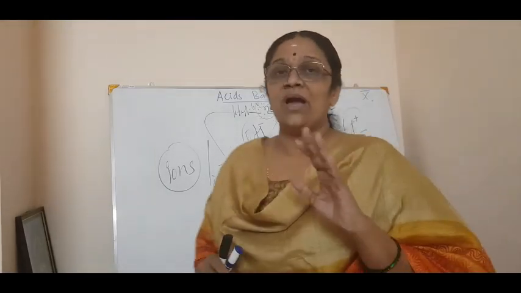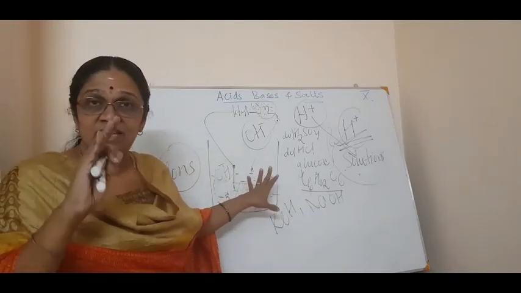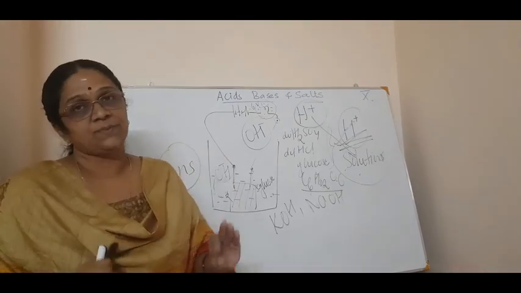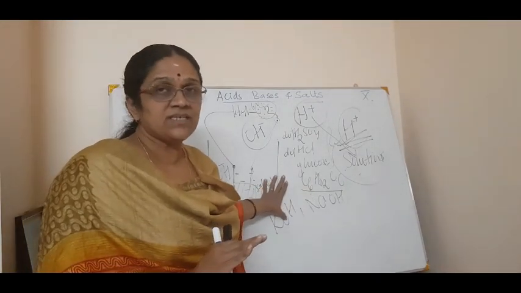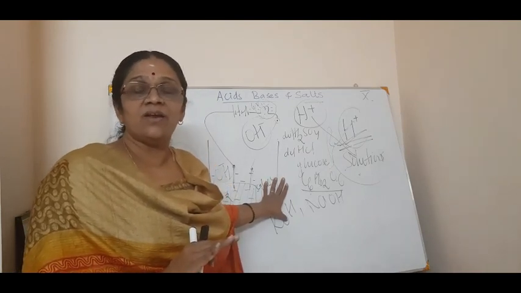Correct? So you have to write down the activity which is given in your text with the three parts: experimental part, observation part and the inference part. Clear? Hope you understood. Okay, so that's it for now. Keep studying, read the book thoroughly and read the textbook.